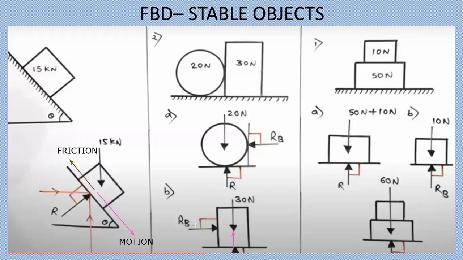because the circular object is adjacent to the rectangular object. That circular object will exert some amount of force on your rectangular object. So that's why it is shown here. Okay, so these are the two bodies. Okay, now after that, let's move towards the last FBD, in which the two objects are resting one over another. First object having the weight of 10 Newton and second object is having a weight of 50 Newton. Okay, so the two objects are there and